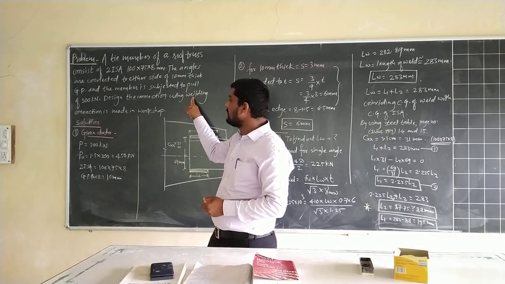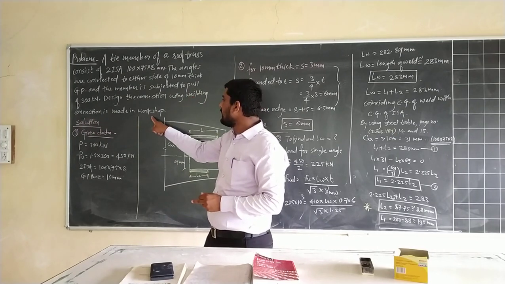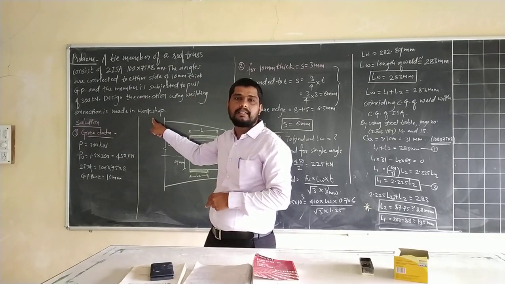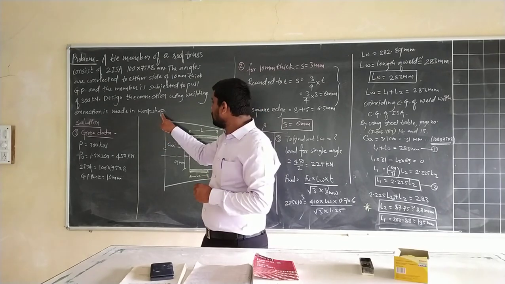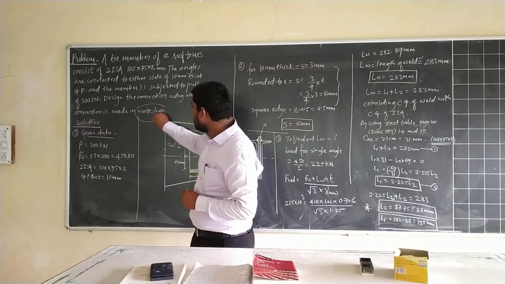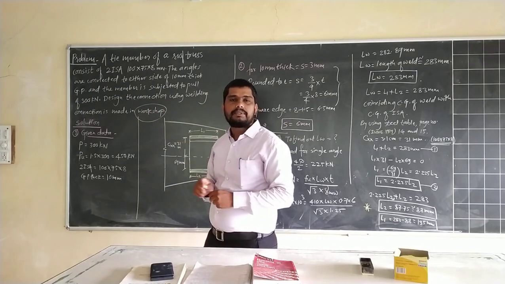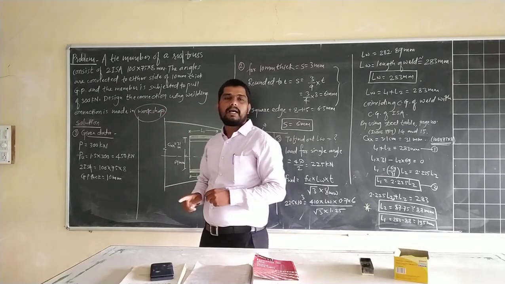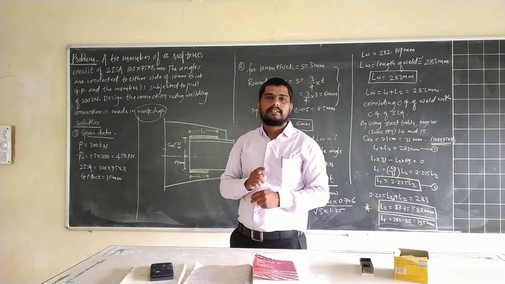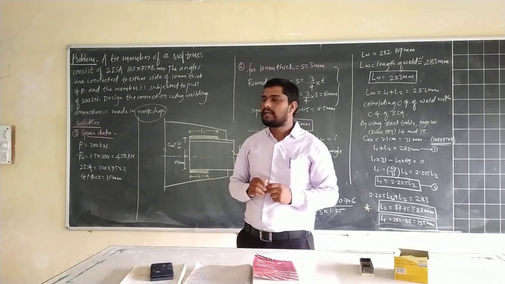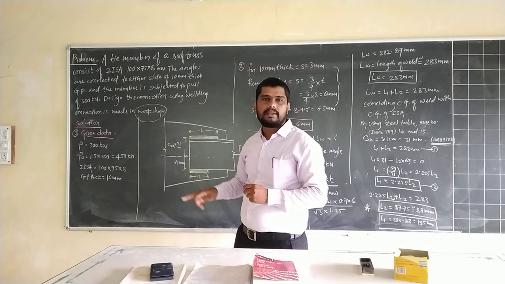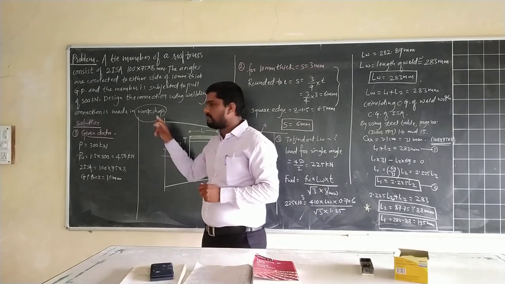Means we are going to design the connection as welding, and second, these connections we are going to make in the workshop, or we can call it in the shop. So knowing this, gamma MW will be 1.25. That is, the partial safety factor will be 1.25 for this shop welding.